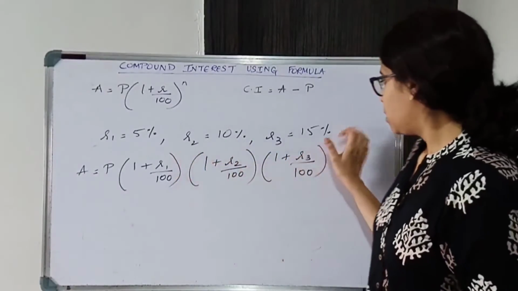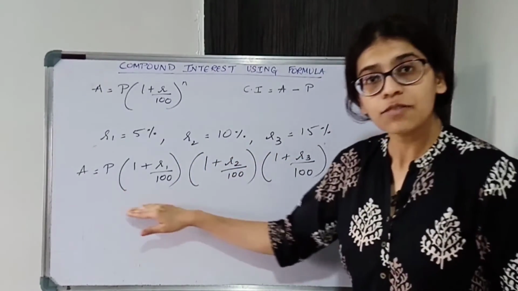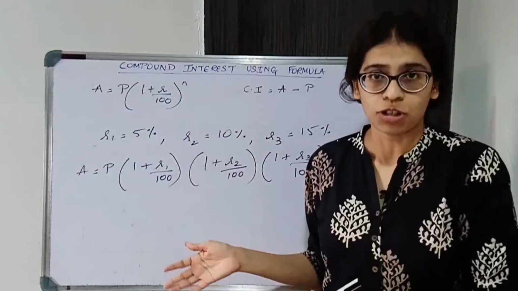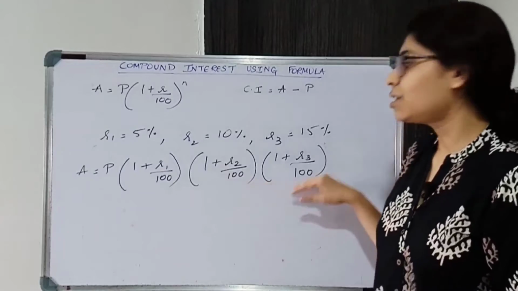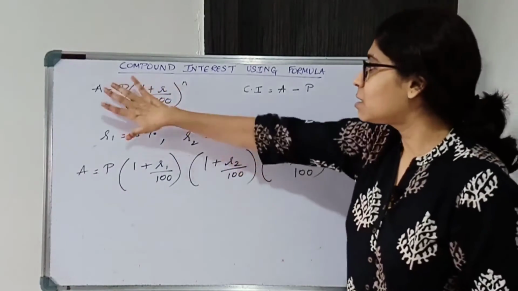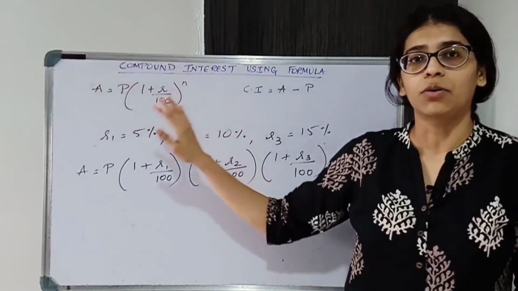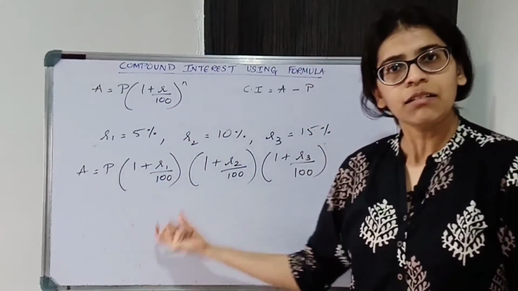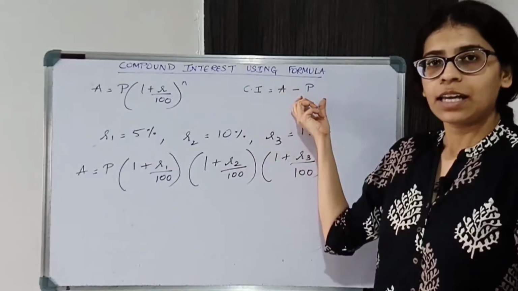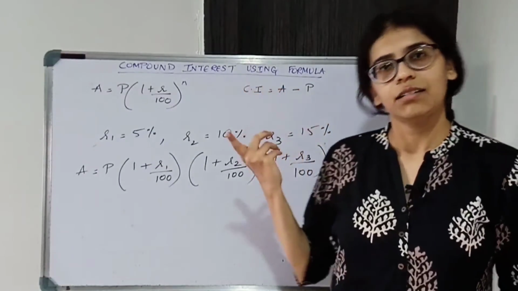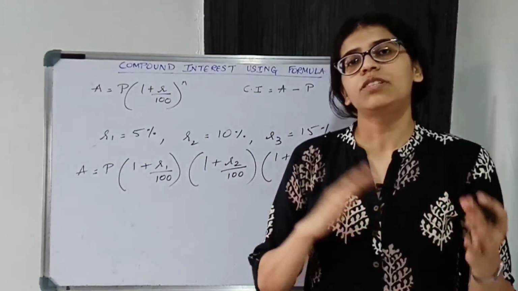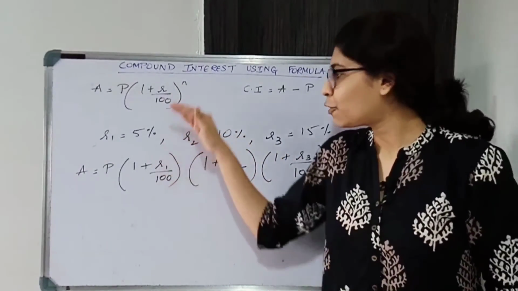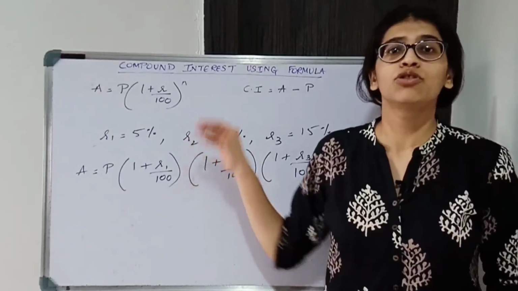Okay, so this is the formula that you will use when the rate of interest changes each year. Okay, then you will be using this formula. Otherwise this is the general formula that we use to find the amount. Okay, and compound interest is very easy. यहाँ पे एक बार amount मिल गया, then you just need to subtract A minus P करके you will easily get compound interest. Okay, so it's very easy when you use the formula. So these are the formula that you need to remember. Okay, so just note it down.